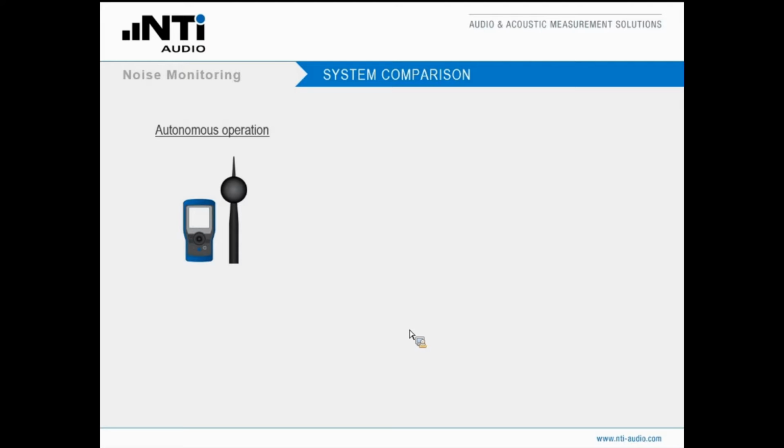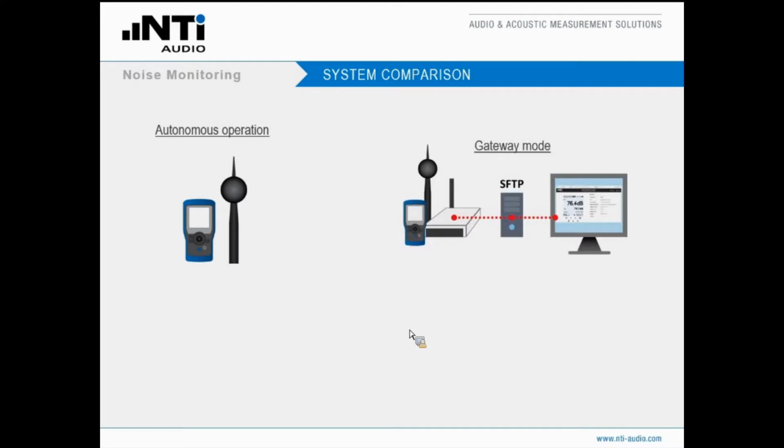So unless you come back to that station and change the settings or terminate the recording, it will just keep going without any data exchange to any other instance.